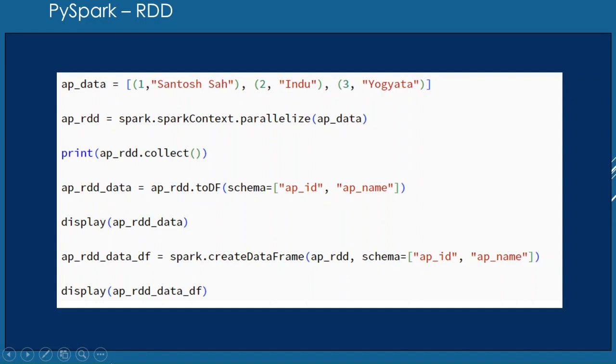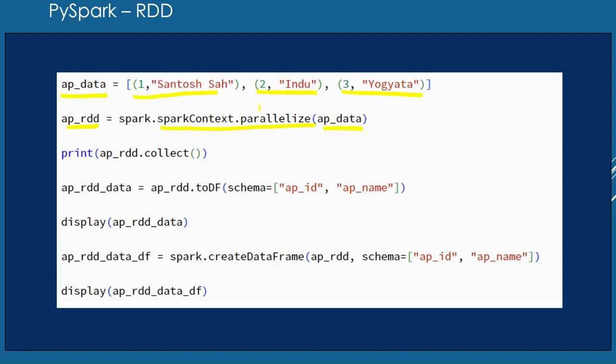In this exercise, I am going to create a list variable. This list variable has three objects, and we are going to create an RDD with the help of the Spark context dot parallelize function, passing this list variable.